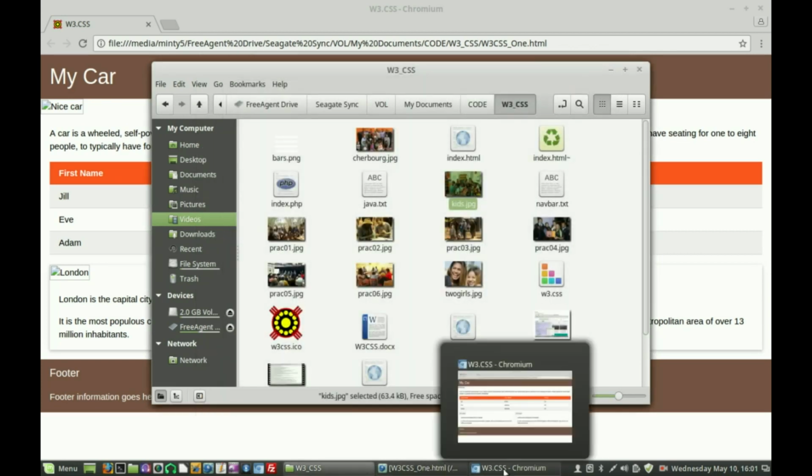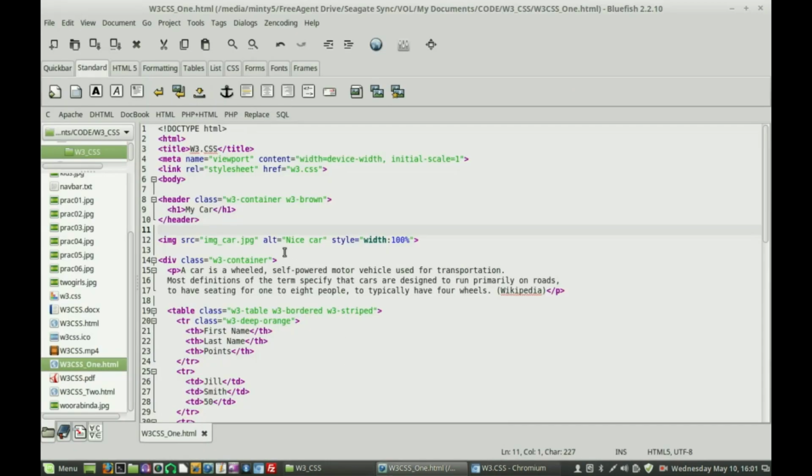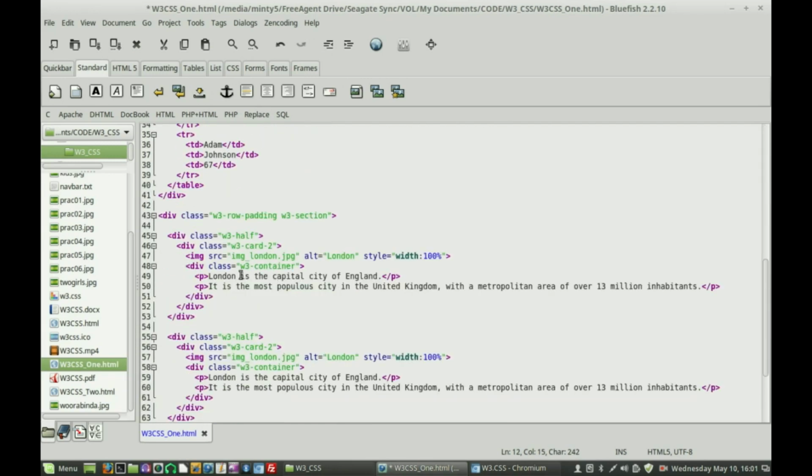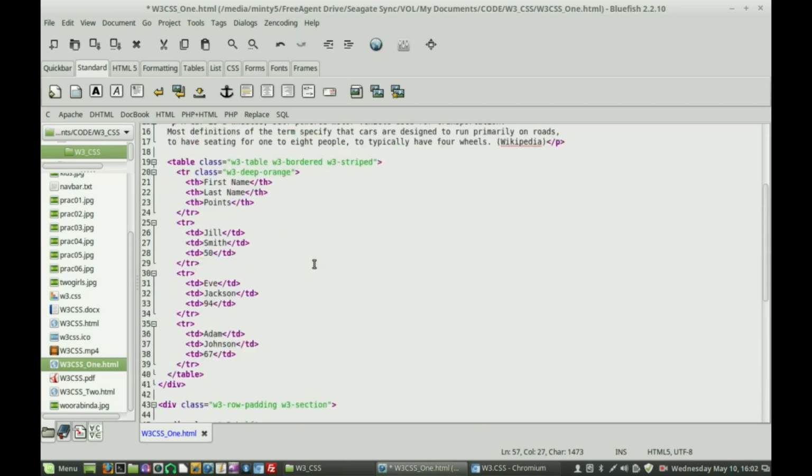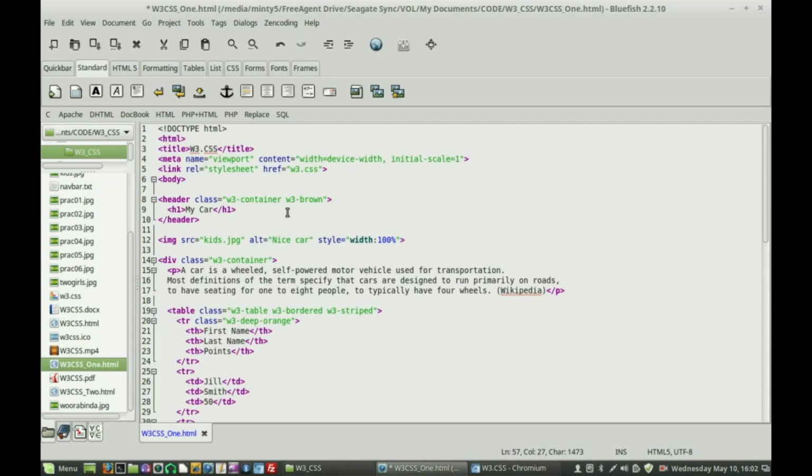So back over here. First one will be in there. And the second one will be down here. And the third one will be there. And while we're here, we may as well, we've got the kids. Let's call this